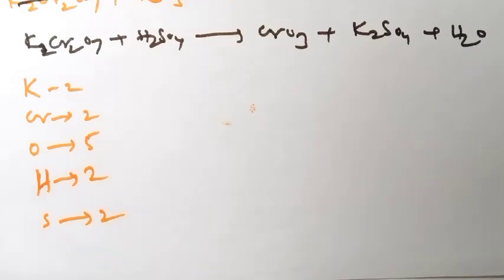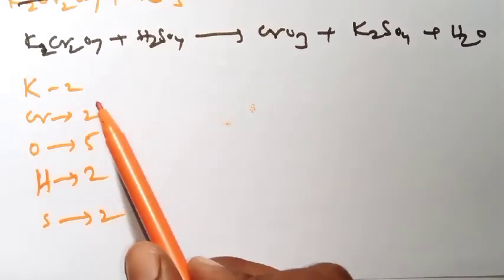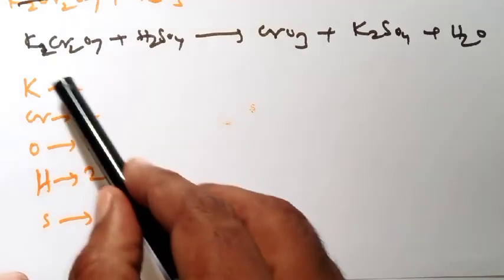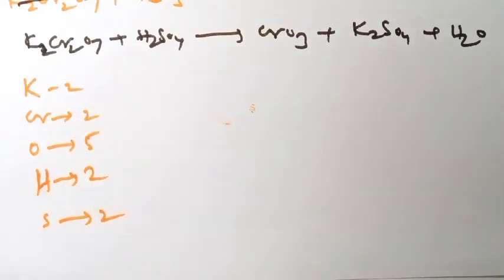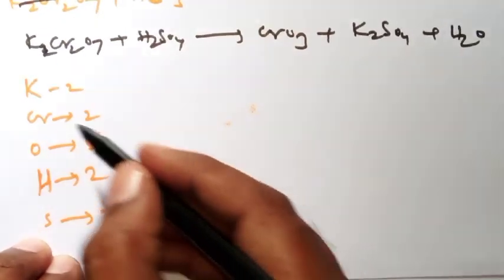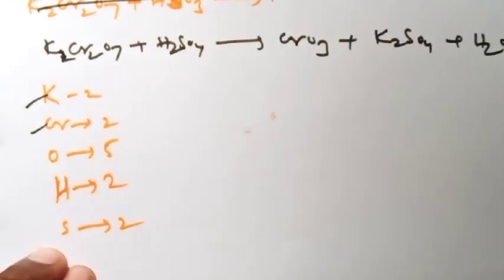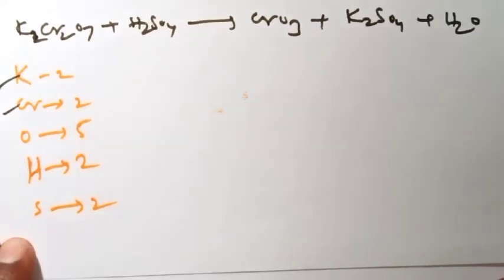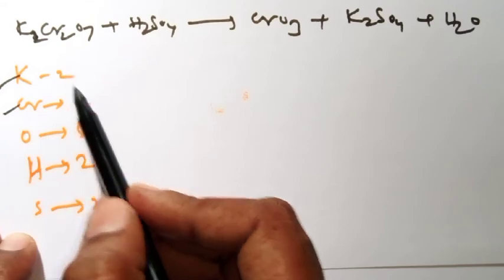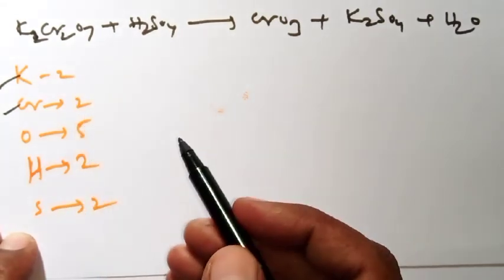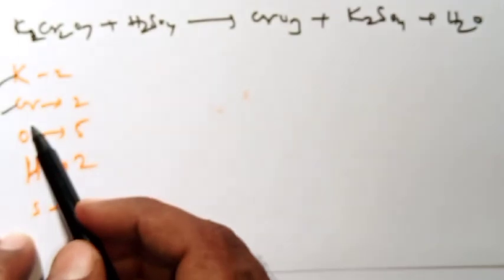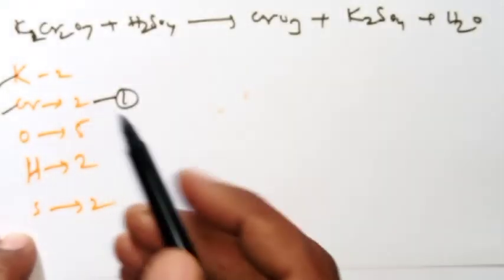Okay. Next, how do we balance the equation from rule 1? First you identify which has the least frequency number. See, there are 4 elements with the least frequency number: potassium, chromium, hydrogen and sulfur. So if all have the same frequency number, then what should we give preference to? First give preference to metals. Now among these 4, the metals are potassium and chromium. Is it clear? Potassium and chromium are the metals. So again, the 2 metals have the same frequency number. Then what should we do? Give preference to the highest atomic number. Potassium and chromium, if we compare, chromium has the highest atomic number. That is why this is the first preference.